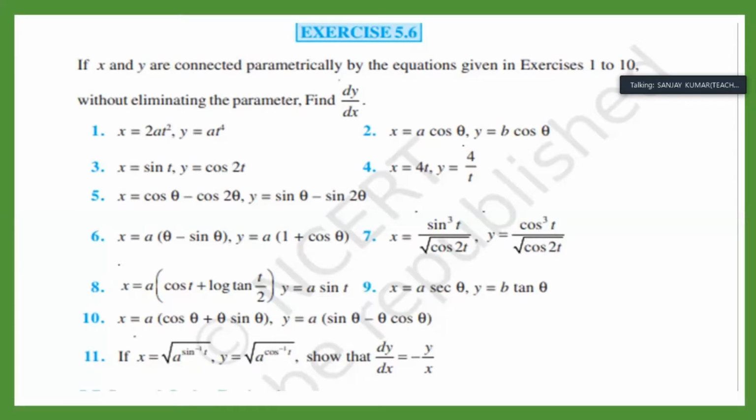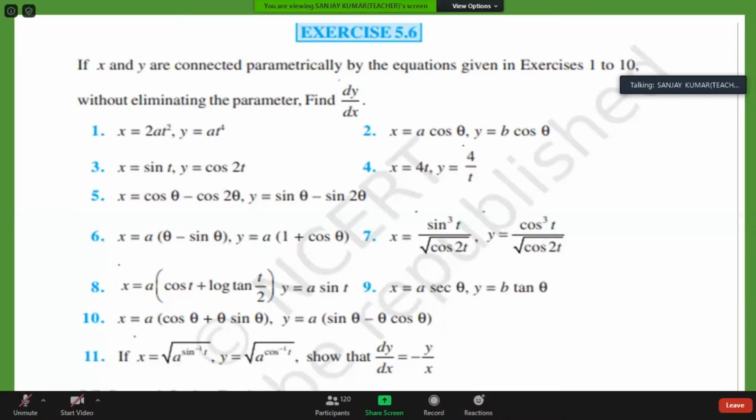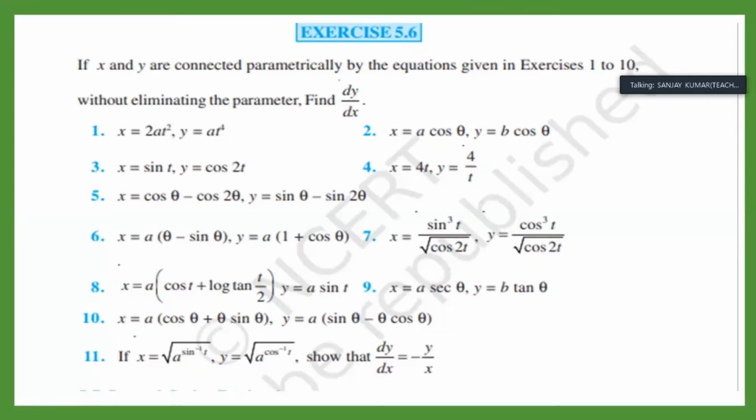Now here they have given x equal to at squared, y equal to 2at. According to us, t is a constant because we consider as variables those letters which go with y or x. But if you notice here, x equal to at squared, t is related to x and also t is related to y. That means indirectly x and y are related, and t is the parameter. t is the variable which relates both x and y. So we say it is a parametric form and here the parameter is t.